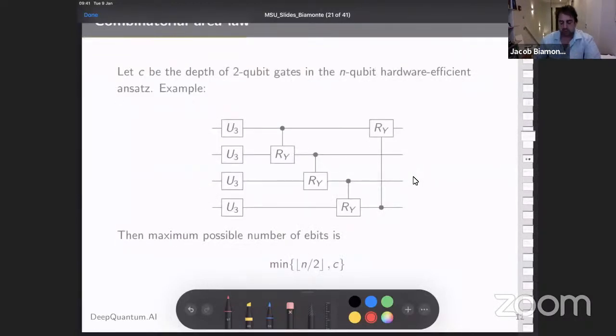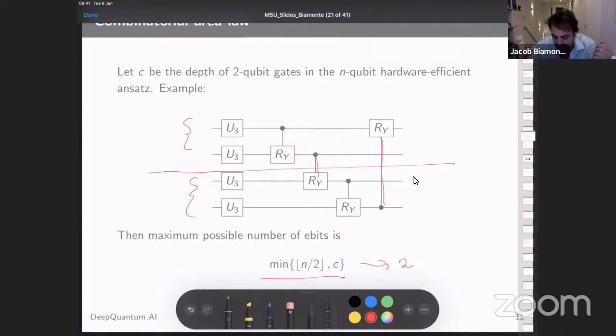So here is what I would call the quantum circuit combinatorial area law. Very, very simple. Let me cut this. If I cut this right here, what's the maximal number of E-bits in the bipartition? I have two density matrices, one from this side and one from this side. Well, you look at this thing right here, the minimum is the cut of n over 2, and C is the number of wires you cut, 1, 2. So this minimum is 2.